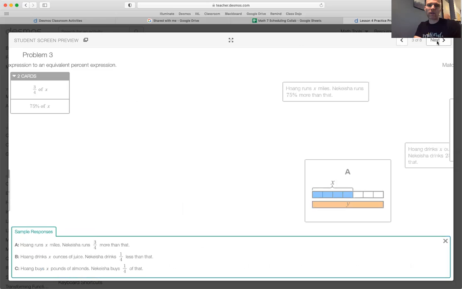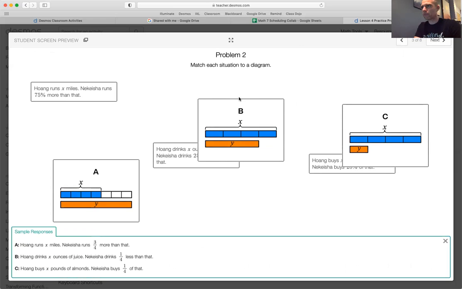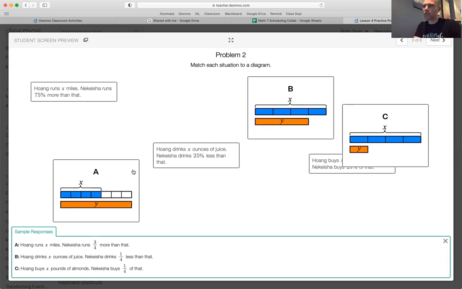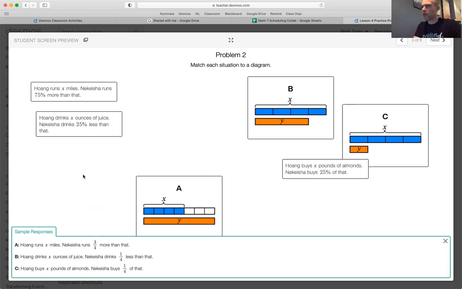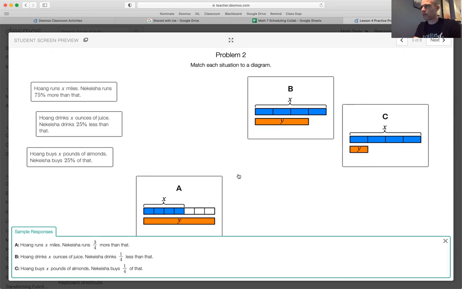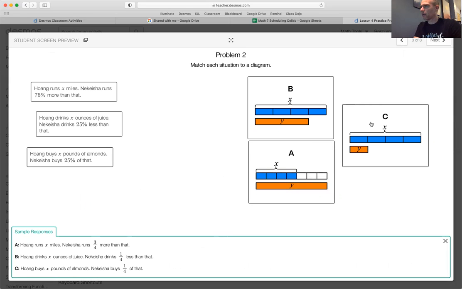All right, let's move on to the next one. Match each situation to a diagram. Okay, so I'm going to put the word questions over here on the left and the diagrams over here on the right. Okay, so the